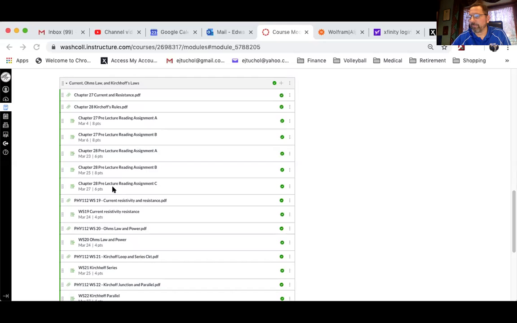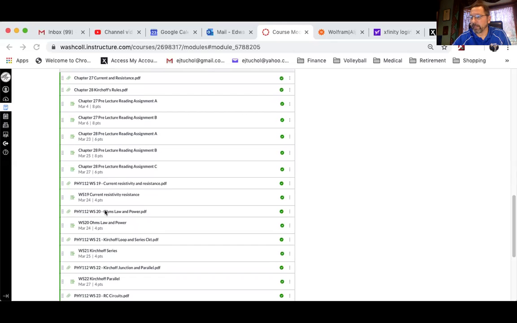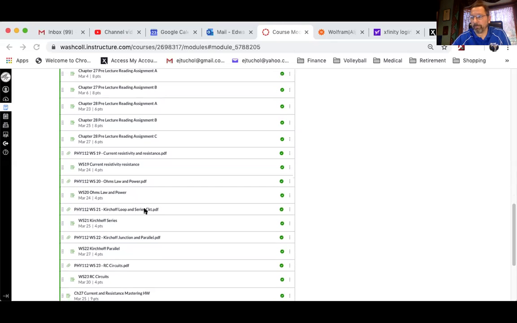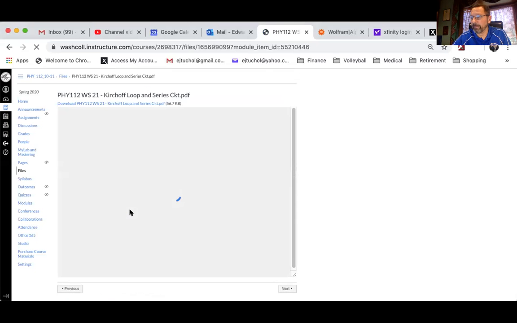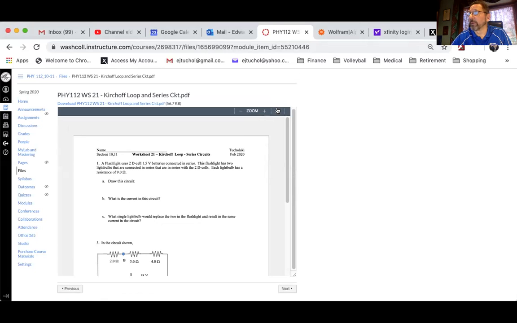And I guess if you scroll down, you can see worksheet 19 and 20, which were passed out before spring break. The one for today is worksheet 21. So if you just click on that, you can look at it. Takes a second. They're PDFs, and that's going to be the worksheet for today. It's just one page. All right. So are there any questions before I move on? You can unmute yourself, I think, and if you got any questions, but that's where you'll find the material.